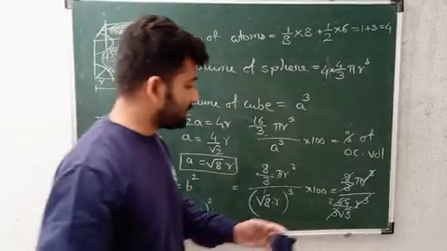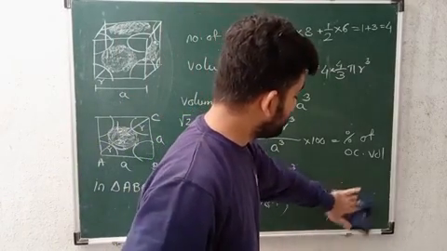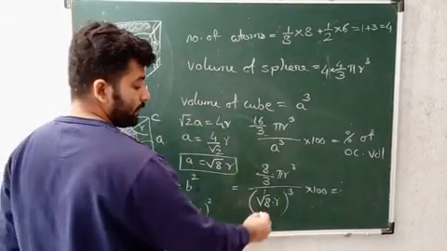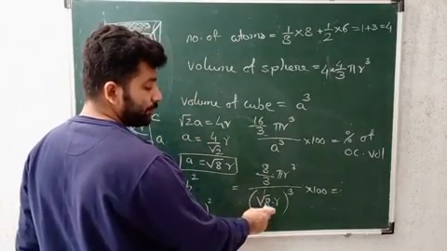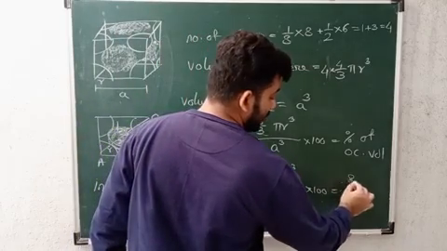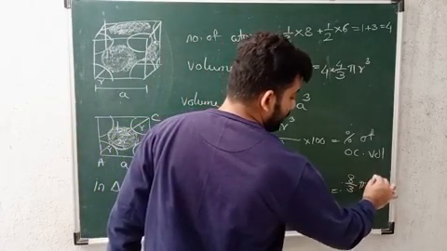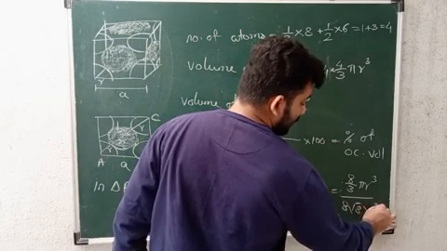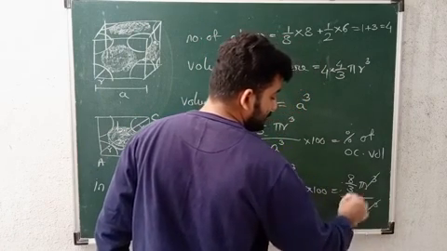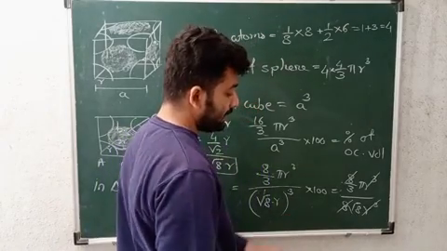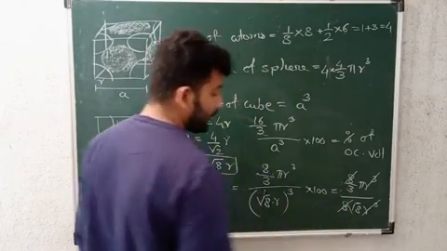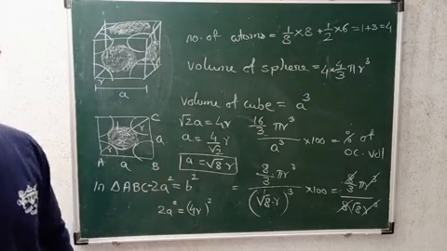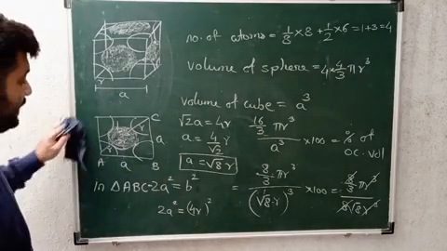We are just doing the substitutions as we have seen in our previous derivation, in the same way. So I will have 8 root 8 r cube over here. So 16 by 3 pi r cube, here I can write 8 root 8 r cube. R cube gets cancelled. 8 gets cancelled. So that will be what? Pi by 3 root 8.